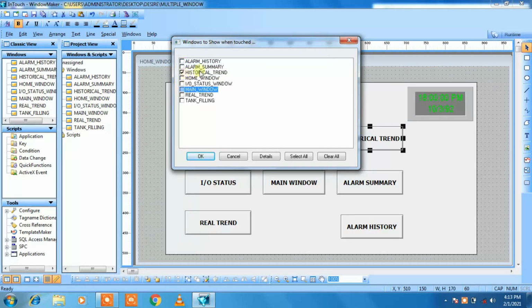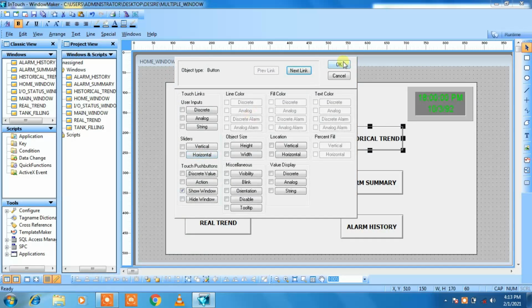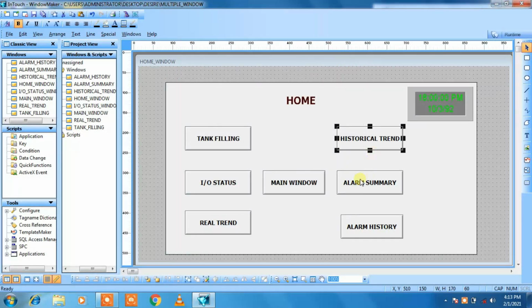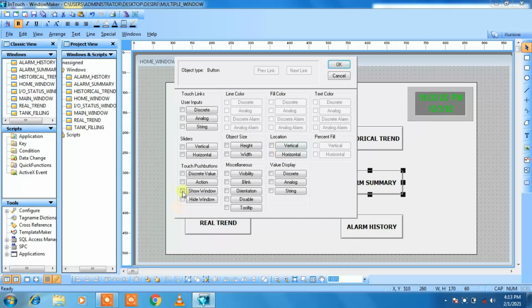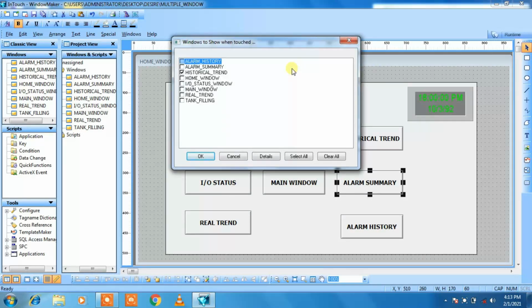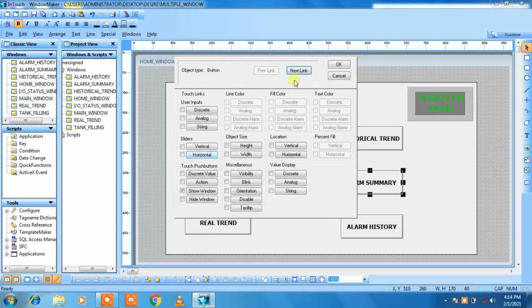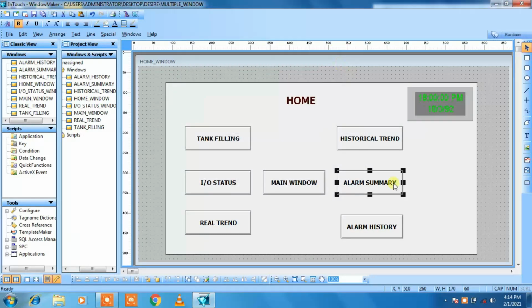Okay, just only one window should get seen, so that is why click on OK, then click on OK, double click on alarm summary button, then select the show window property, click on next link, then select alarm summary window, click on OK, click on OK,